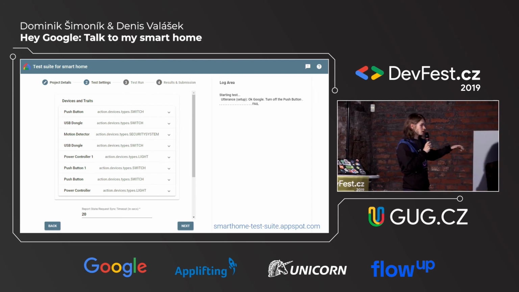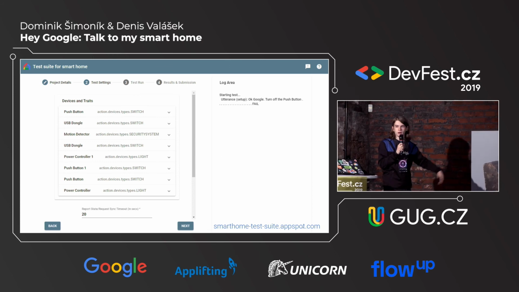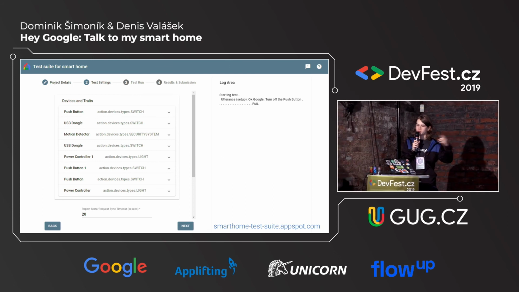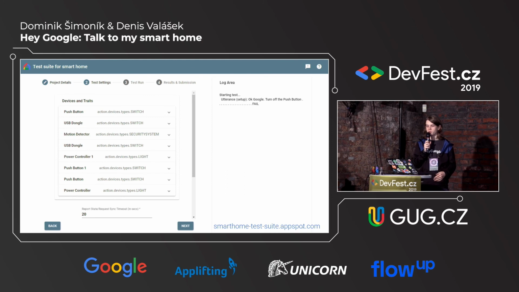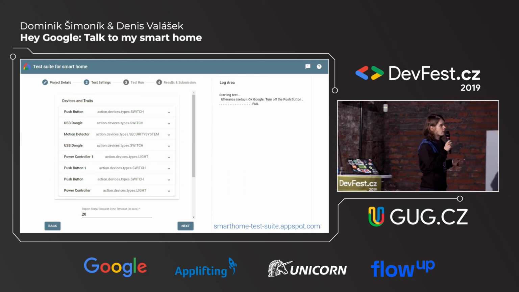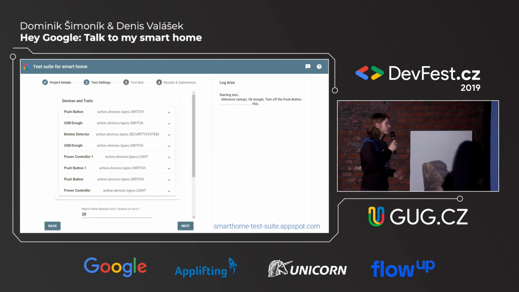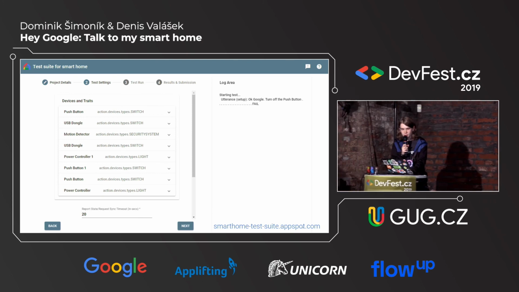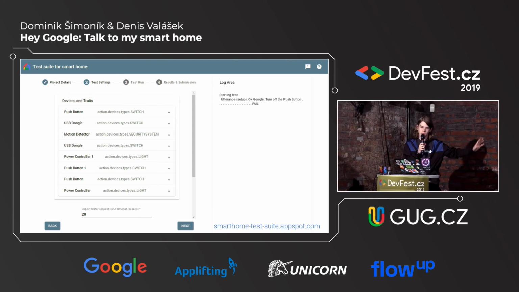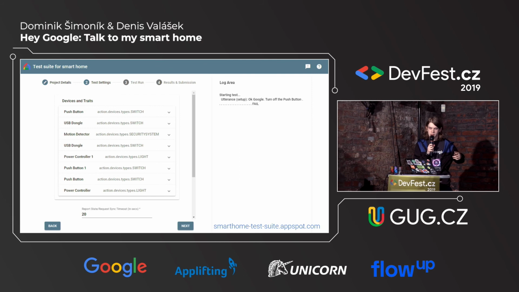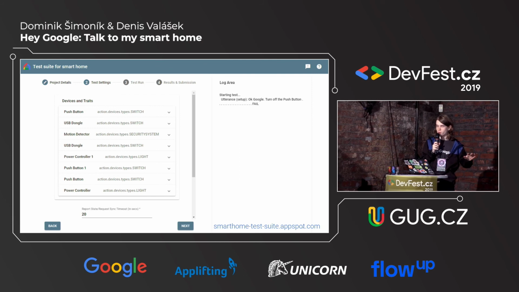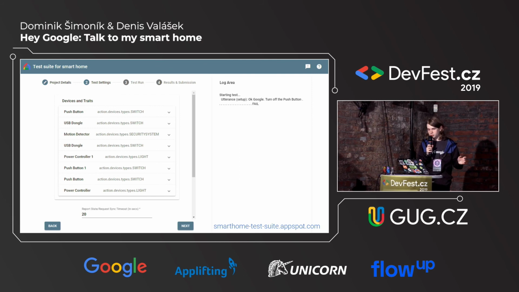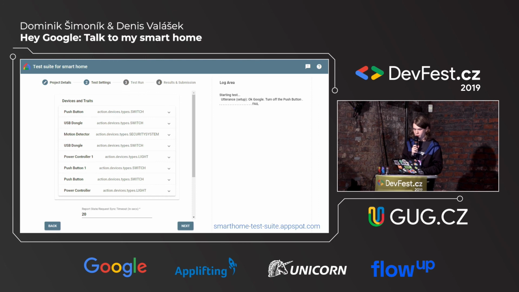So you just turn it on and go away for 30 minutes, because it will start speaking, responding, and it will verify if everything is working or failing. After this, you get the log results and send them to Google, and they have 2 weeks to respond to your request, and then you will get the result, and be included in the Google Home app as a partner for smart home.